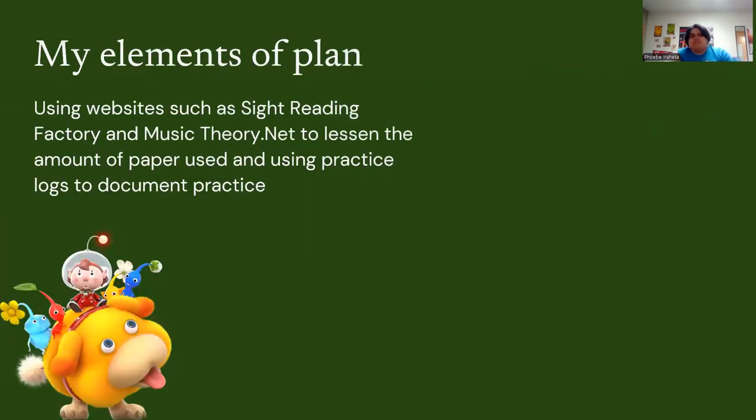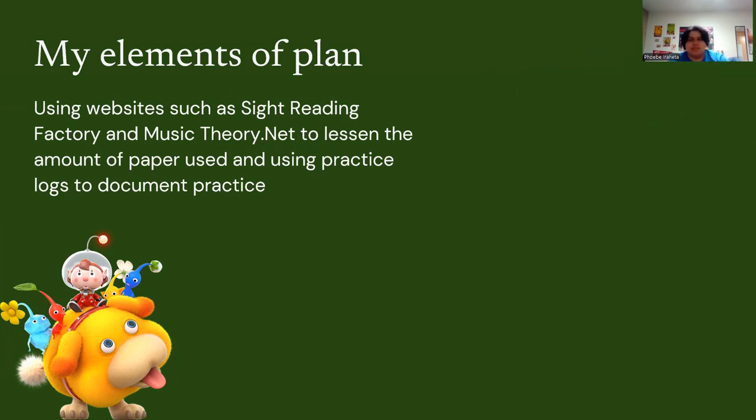I would want to use Sight Reading Factory and musictheory.net to set what I'm trying to sell here. Musictheory.net is really good at just, can you identify this? Because it has a lot of examples. And my favorite thing about Sight Reading Factory is that we can assign homework,